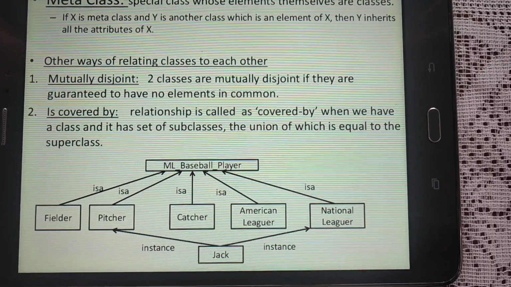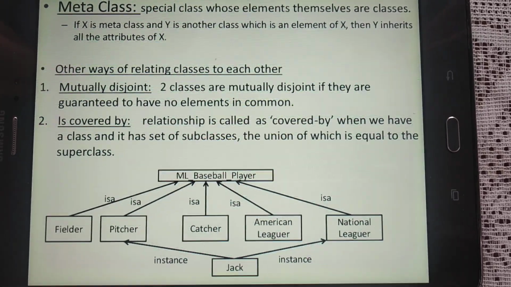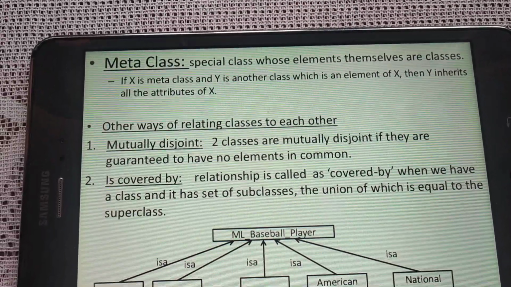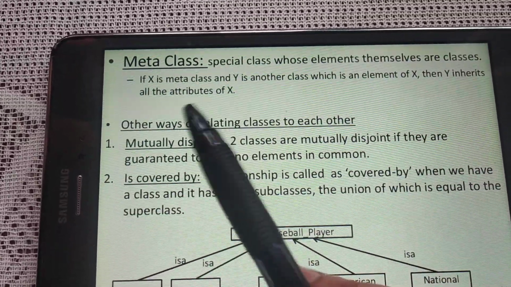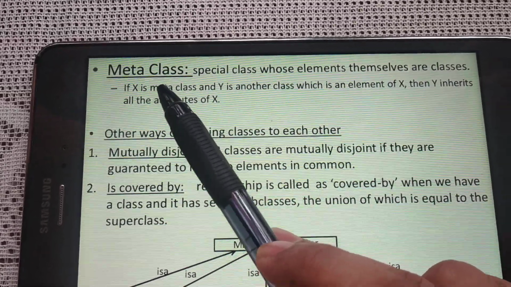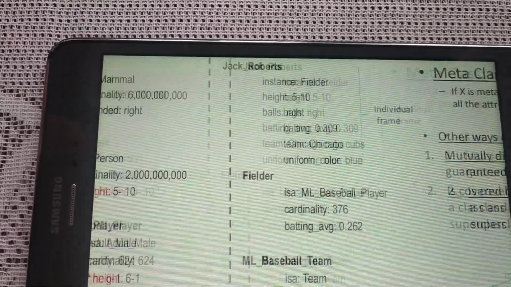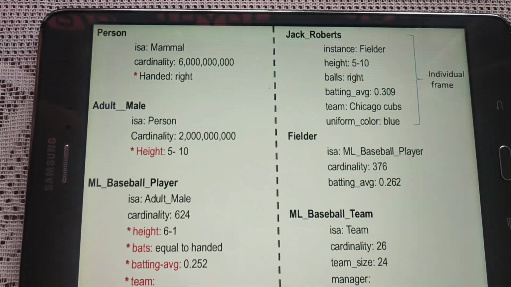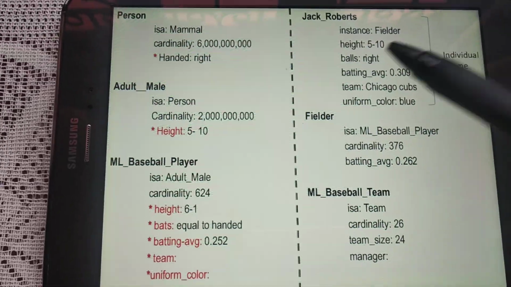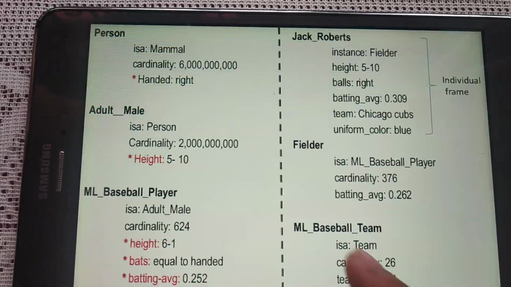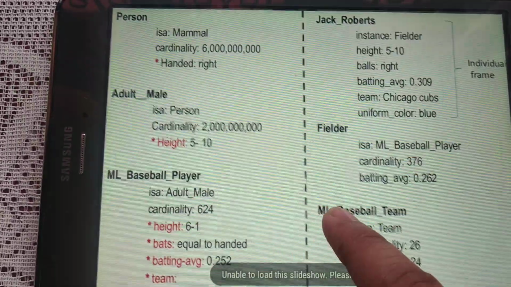Hello friends, let's continue with our discussion on frames. In the later part of the frames, we have certain concepts like meta class, mutual disjoint, is covered by, and so on. In my last video, we had seen how we can represent a frame system. Now we will see some different types of